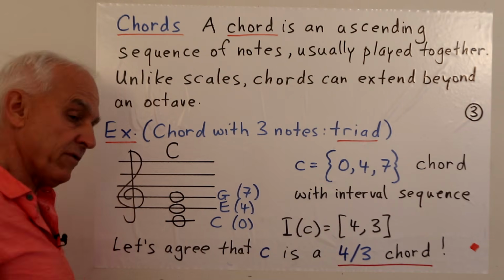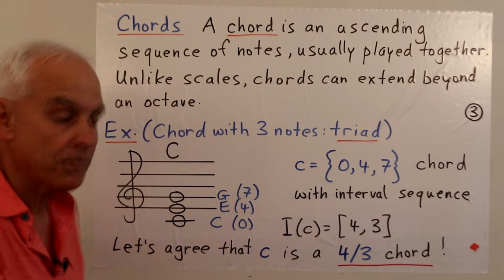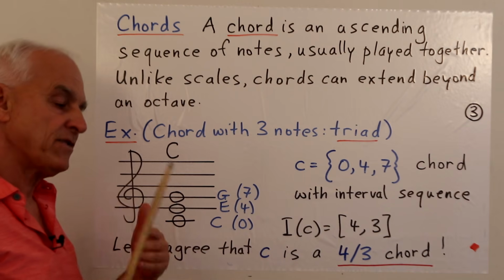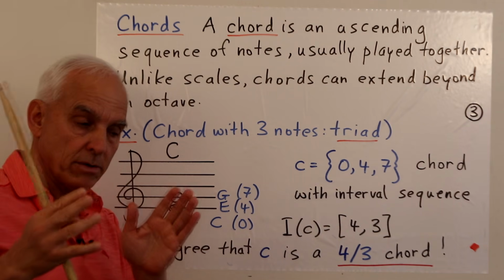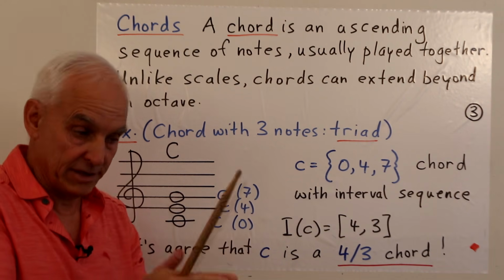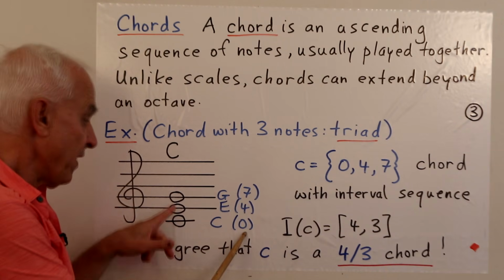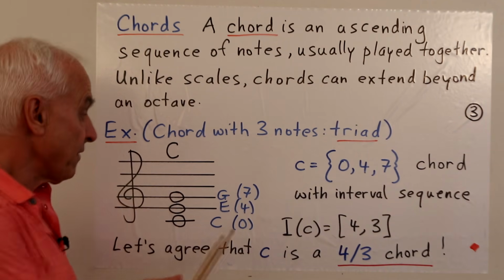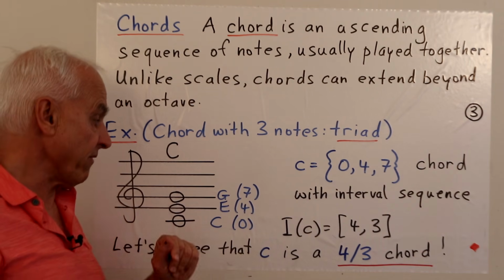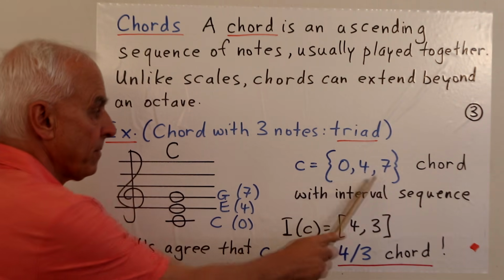Okay, so this is an example of a triad, a very simple triad, perhaps the simplest one that you can play on the piano, starting with a C, an E, and a G. And if we shift to our numerical notation, where we agree that C is the tonic or the 0, the start of our chromatic scale, then that C would be represented by a 0. The E, which is a major third, that's 4, and the G, which is a perfect fifth up from the tonic, that's 7. So these 3 notes are 0, 4, and 7.